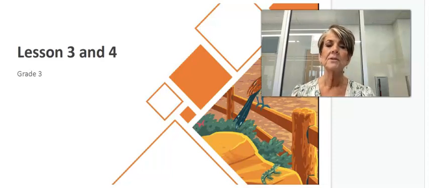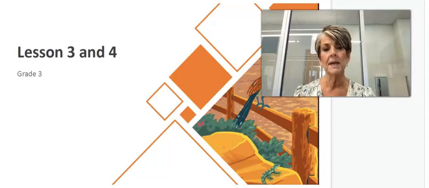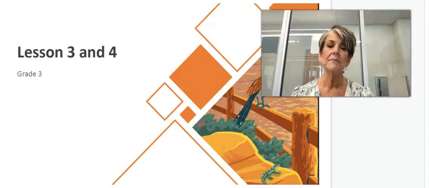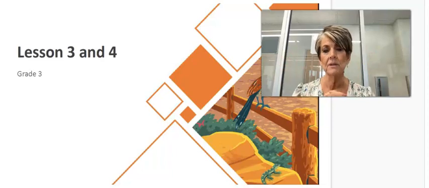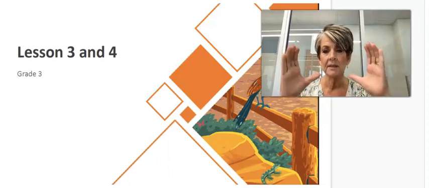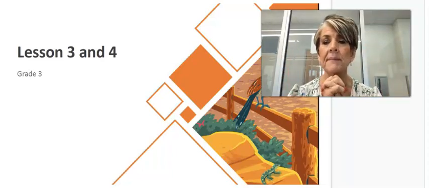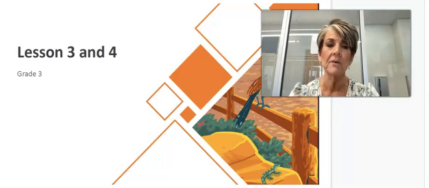Here we go with lessons 3 and 4. The reason that lessons 3 and 4 are connected is that you're going to be reading now the anchor selection. And so that anchor text, or what used to be called the main selection if you're connecting it to other basals,